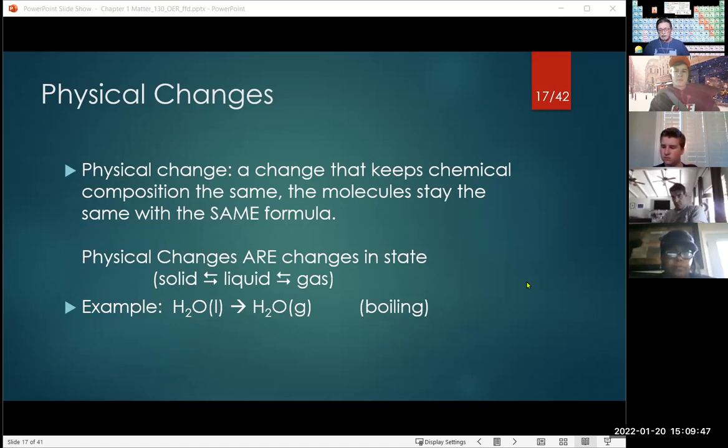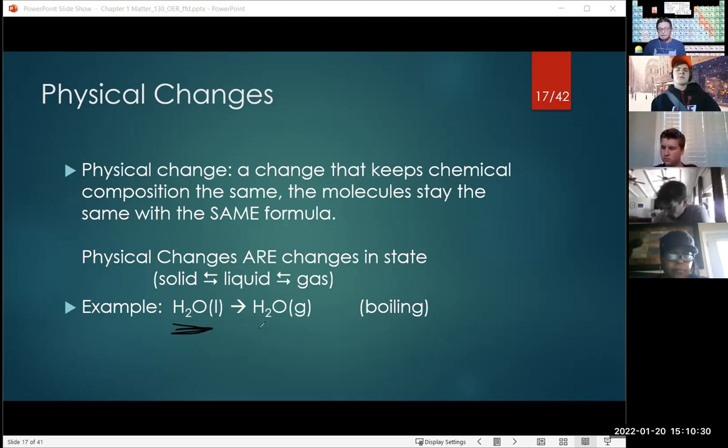To demonstrate that in an equation, a chemical equation, we write it as follows. Here I used the example earlier of water, which is right here, H2O, having energy put into the system. Here we call it boiling, because you take a pot of water and put it on the stove, you put energy into the system, eventually the molecules start moving around, that water starts boiling, they separate from each other, you break up the interaction that the water molecules have with each other, and you shove that water into the gas phase.